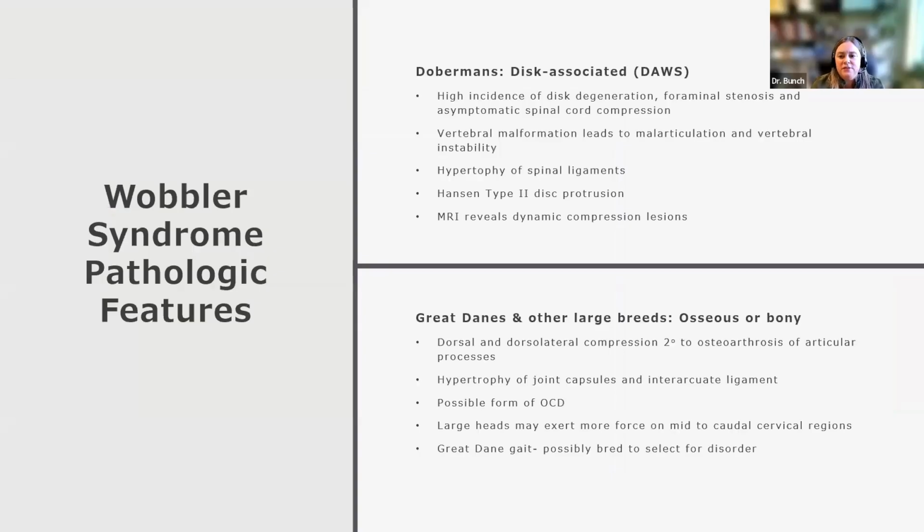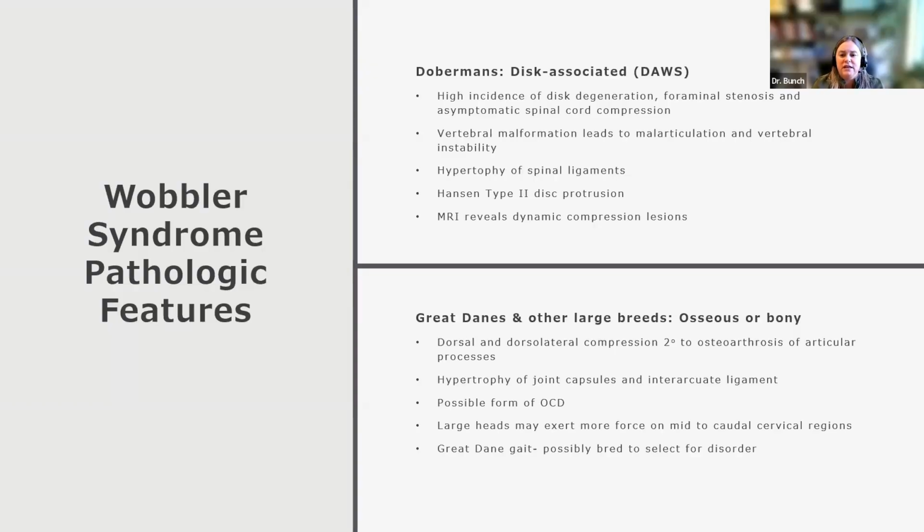So when we look at the difference between the two as a review, so we have a Doberman, which is the disc-associated or DAWS form. And so you have this high incidence of disc degeneration, foraminal stenosis, and asymptomatic spinal cord compression, typically asymptomatic. You can absolutely have symptomatic as well. You get vertebral malformations that lead to this malarticulation and instability, hypertrophy of the spinal ligaments, so the interarcuate and dorsal longitudinal ligaments. You get a type 2 disc protrusion, and then an MRI will reveal oftentimes a dynamic